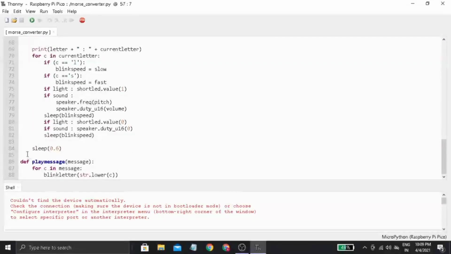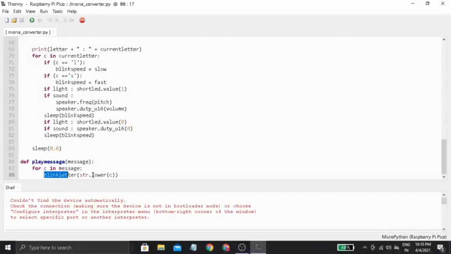Okay, first I will define this method, play message. Play message will contain a message as a string, and within that function I am creating a loop. The loop will analyze the string character by character, and the character is taken as C, and for each character I am calling the function blink later, and I am passing the character by converting it into lowercase to avoid any kind of discrepancies.